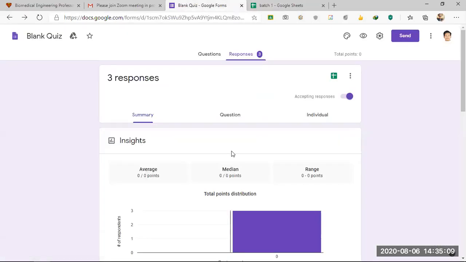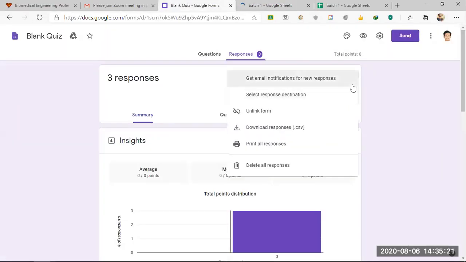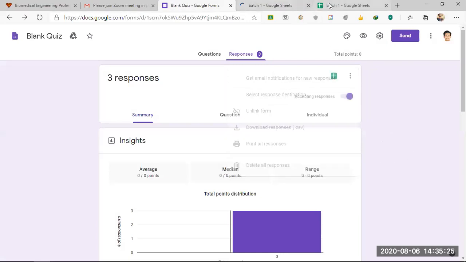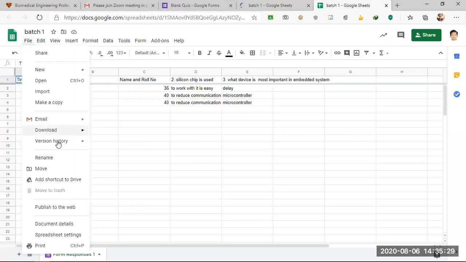Again, I'm giving the same quiz form to another class. Again, I go to this one. A good option would be to download this form.